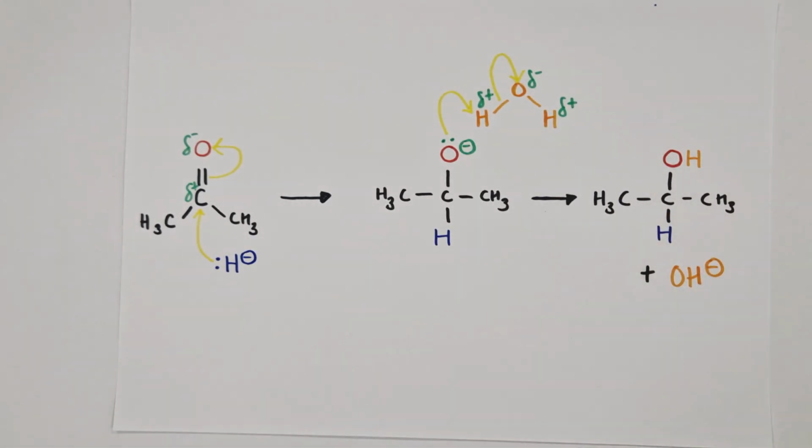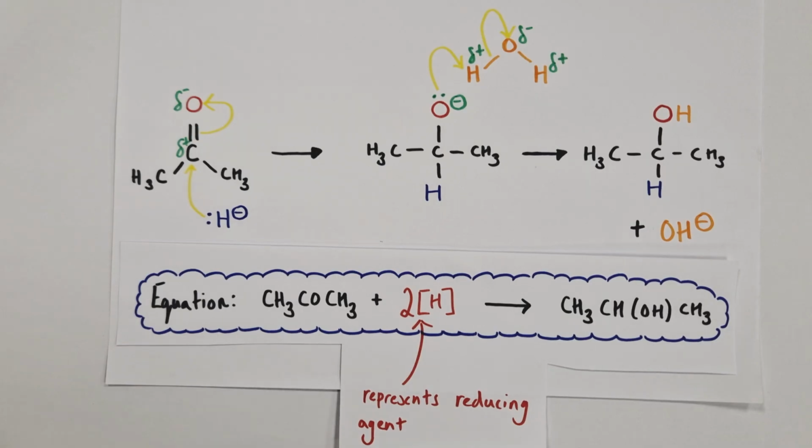to leave us with the hydroxide ion. Okay guys, so as before, I'm going to summarize the reaction with a symbol equation. So first of all, the first reactant here you can see is slightly different. This time we have a ketone. The difference being the carbonyl group is in the middle of the chain of carbons rather than terminal as it was with the aldehyde. Again, we've written 2H, the square bracket H representing the reducing agent we've chosen to use,